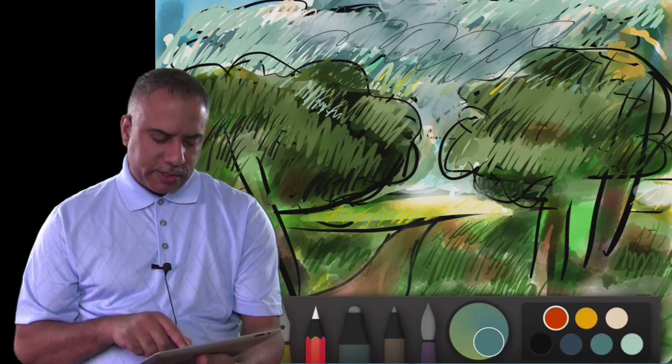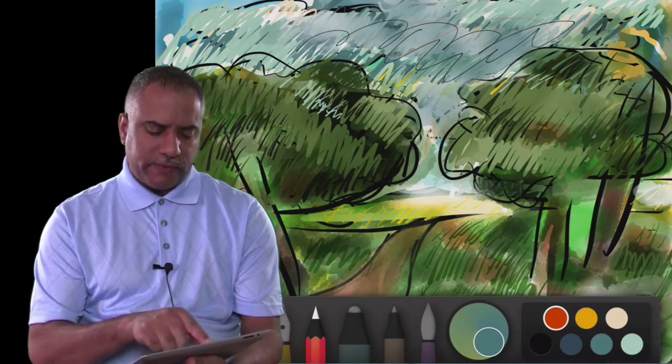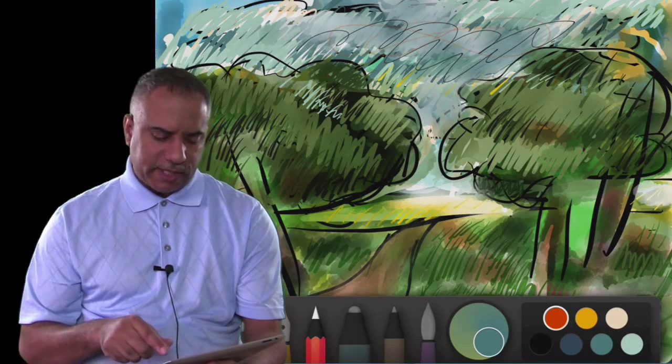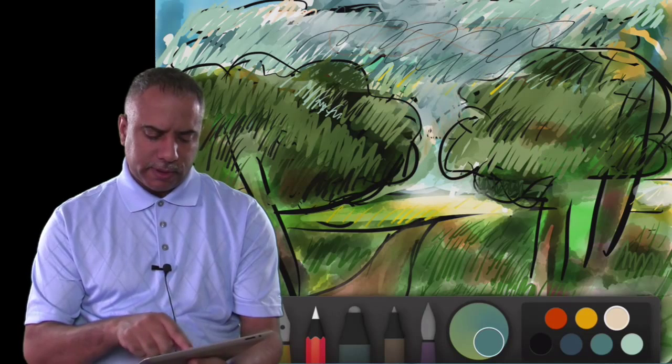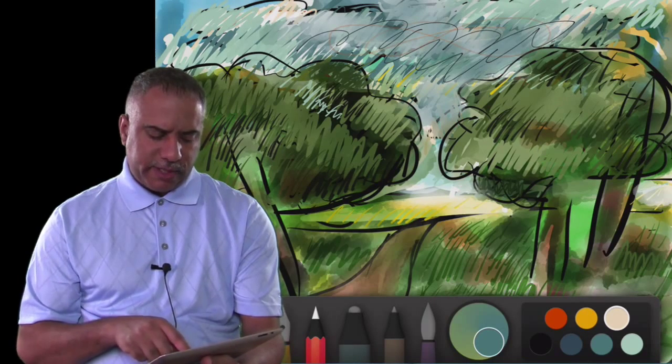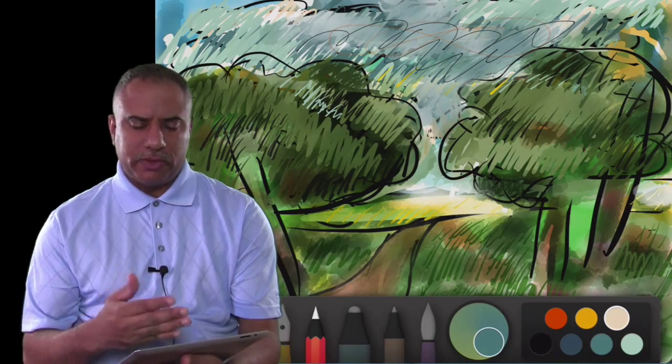And then there's also this tool here. Again, a very delicate line. You can barely see that. If I change to a lighter color, now it's very delicate. You can barely see that one. You want to do that for lighter sketches when you have